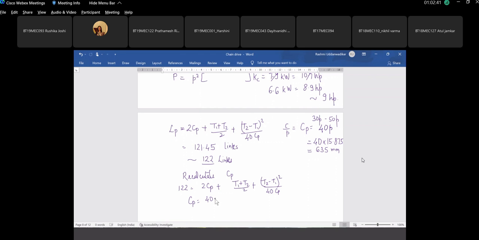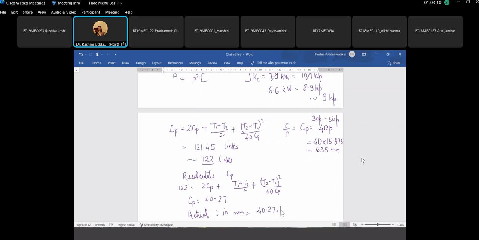So you can continue. This comes out to be 121.45, converted to 122. So for 122 links, as the length of the chain, the Cp value comes out to be 40.27 as per my calculation. And so the actual center distance taken in millimeters is